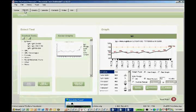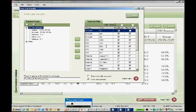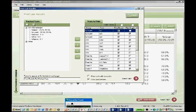Now, one of the things that you really want to do with this is, once you get a lot of results in, use this to help communicate with your doctor. So we have this print function, and what you can do here is put a little message that will appear on the bottom of the report, and then it lists all of the tests that you're tracking, and then you indicate by checking the columns which tests you want to print numeric results for. That's under Print Results. And which tests you want to print graphs for. So what I've said here is I want to print all of these as numbers, and I want to print the IG quantitative as a graph and the CBC as a graph. And if I click the Print button,